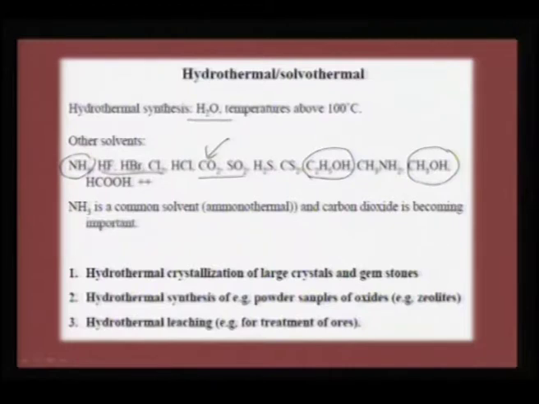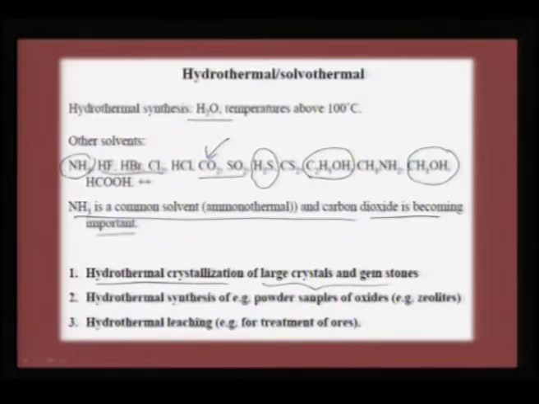If we are aiming for sulfides, then H2S gas can be used. So, a variety of solvents can be used. Ammonia is a common solvent and carbon dioxide is becoming important. In hydrothermal crystallization, we are actually aiming for large crystals and gemstones. This is how it is made, and in hydrothermal synthesis, by and large we are talking about preparing powder samples